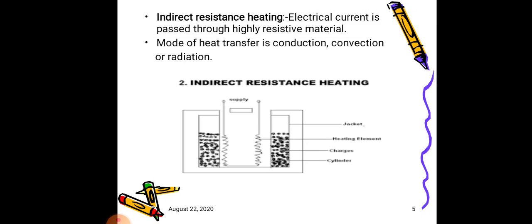It should have high melting temperature. It should have low temperature coefficient of resistance, and it should have high oxidation temperature. And next is it should have positive temperature coefficient of resistance. Next, sixth is high ductility and flexibility, and next point is high mechanical strength of it, because every heating